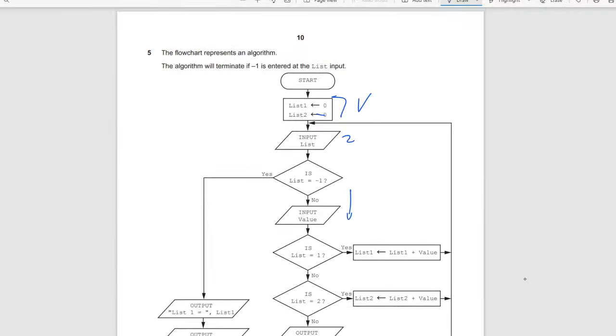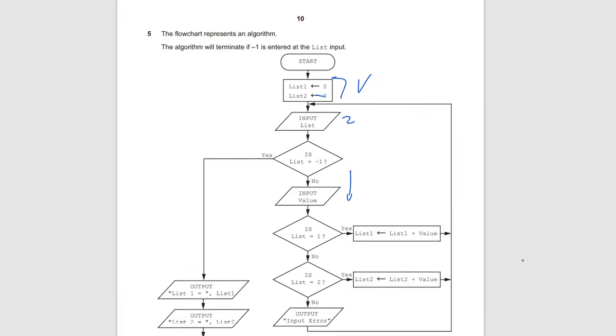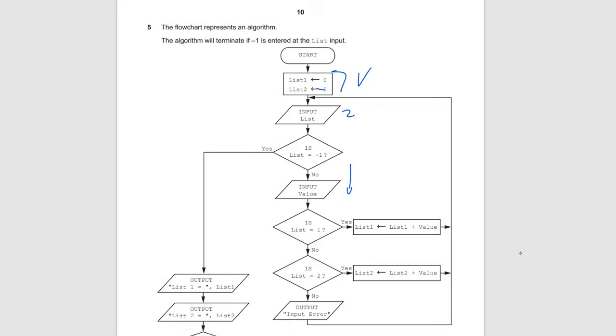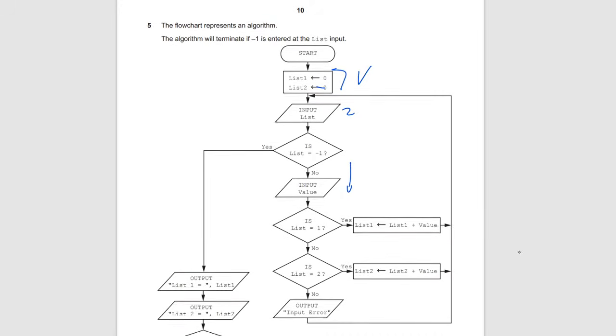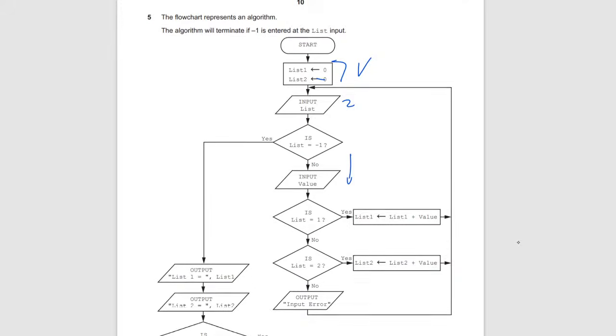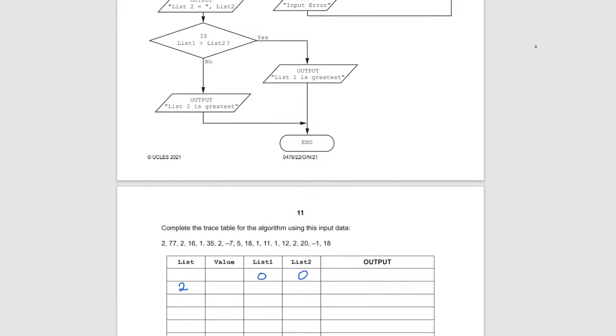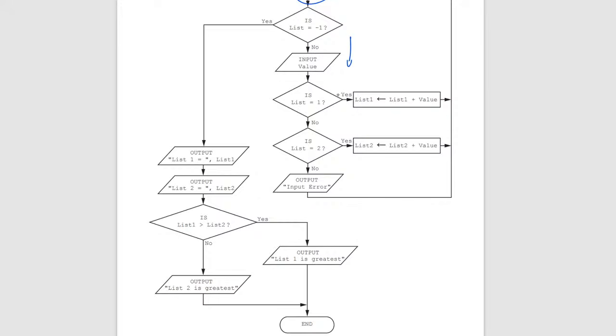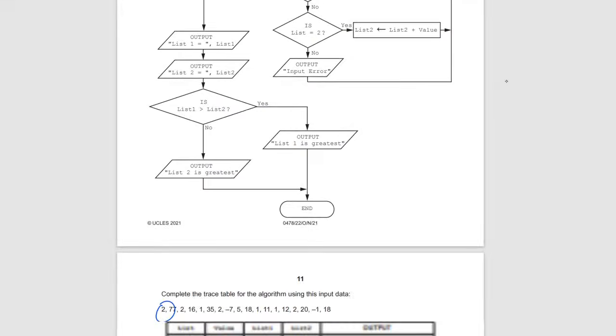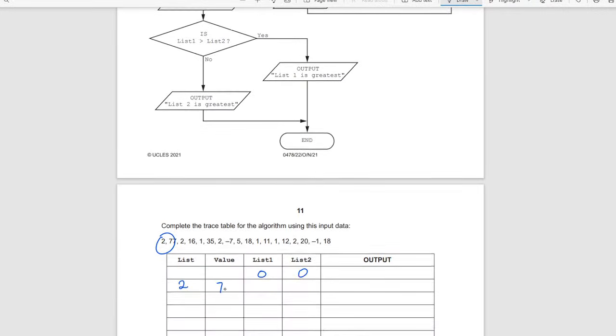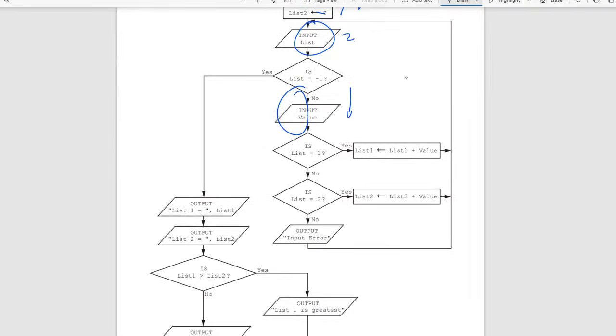One second. So here it was input list and then input value. So we input list. Okay, so list here will be what? 2, yeah, because that's what we input first. So list is 2, and then we input the value, because we go down and input the value. So the value would be 77. After the value is 77,